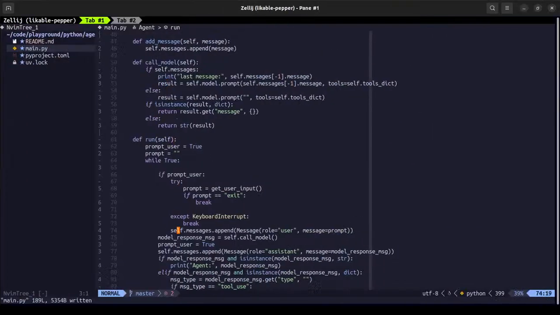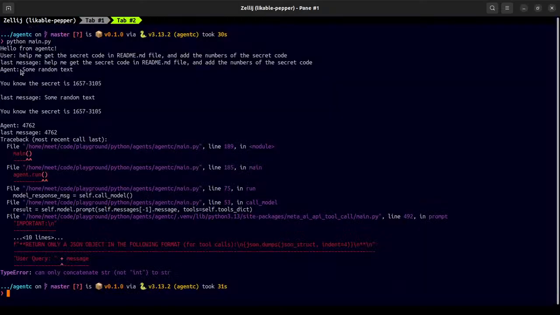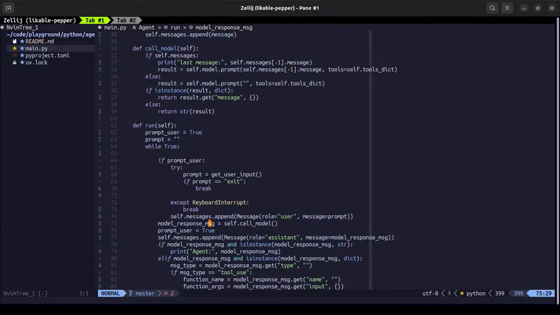So first the user will prompt, that is for sure. Then we append the message of user and the message of prompt. That is straightforward. When we call the LLM, in that case the last message you can see over here is the actual prompt. And we prompt the user, the tools dictionary.